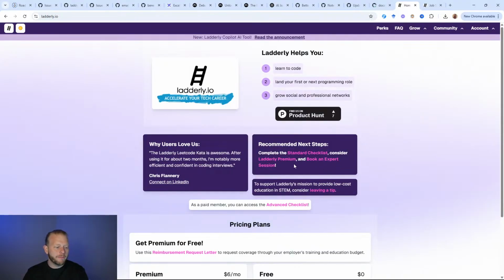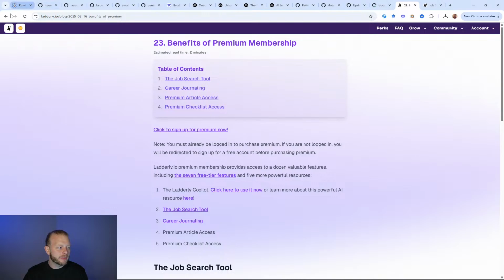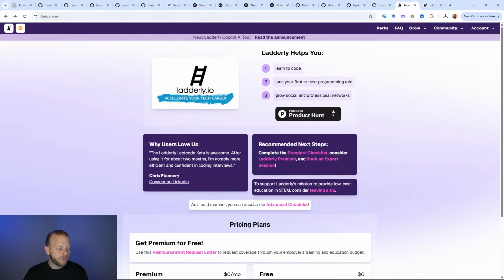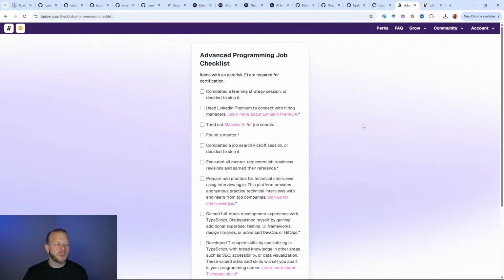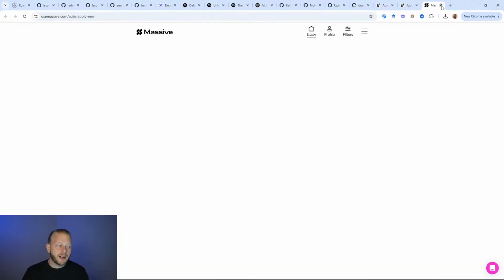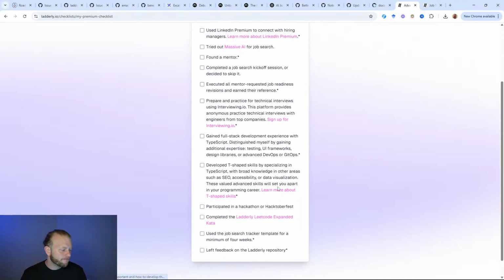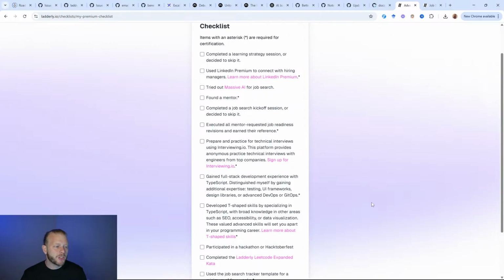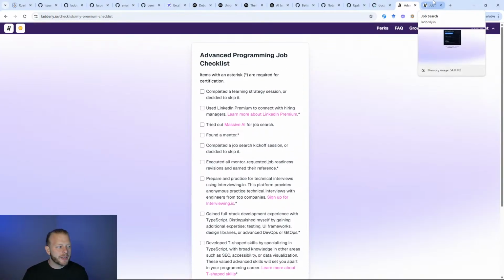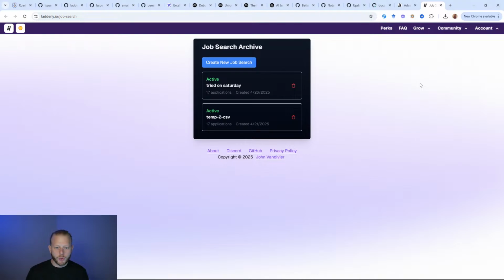So the Latterly Premium Checklist, right here, this is how you access it on the homepage. It's called the Advanced Checklist here. And it has a bunch of evidence-based practices such as LinkedIn Premium or how to use massive AI. So it's really just an information share with tools that will improve the performance of your job search and some skill development and so forth. That's the premium checklist. And then the job search tool